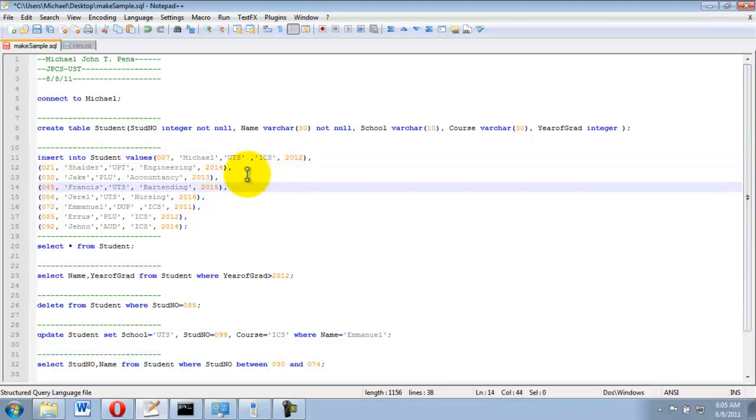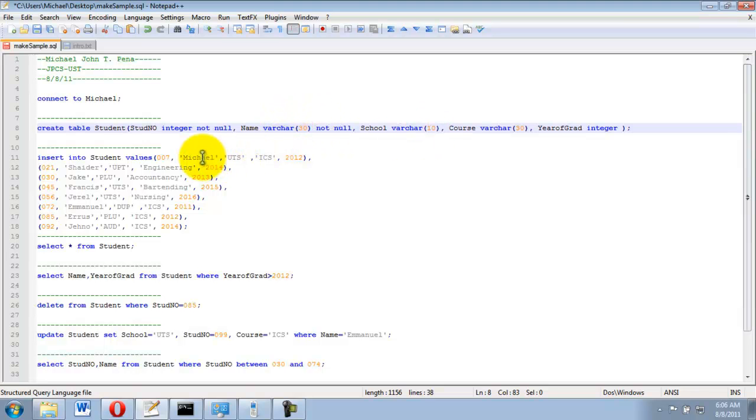Be sure that the records that you insert are compatible with the table header that you've created.